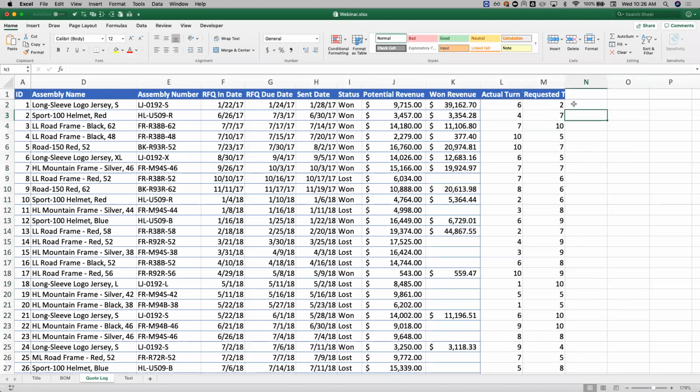So we got these two things. What we were getting to is how to be able to tell if you are on time or not. And so I'm going to say on time? And the way we're going to do this is we're going to put in a conditional formula. And so the way you put in a conditional formula is you say equal sign, and the formula you want to use here is IF. And so if you put in IF, then as you open the parenthesis,